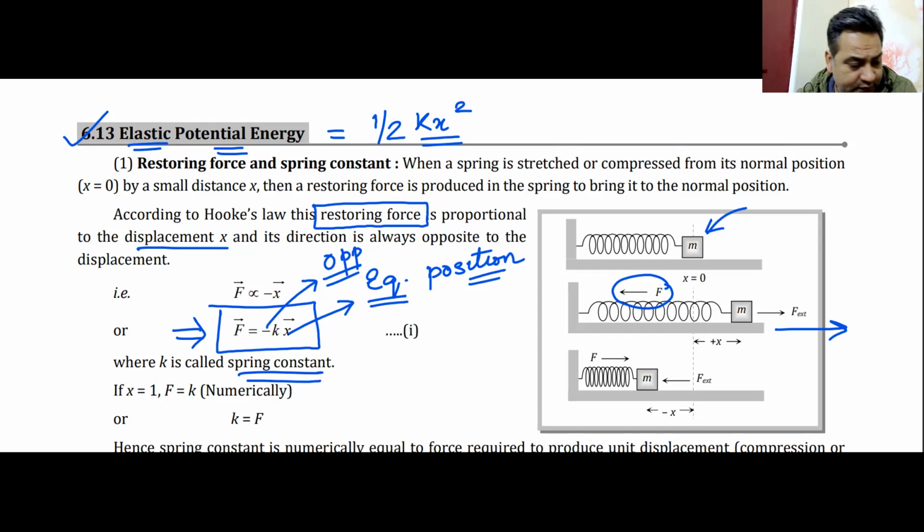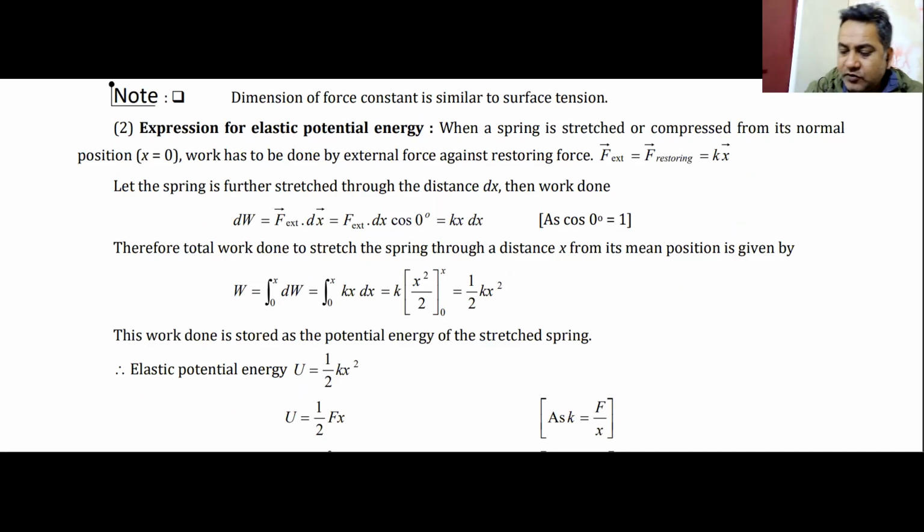Well, I hope you have noted down this small thing about spring. The next thing that we are going to note is the expression for spring potential energy, or potential energy stored in a spring. You can also call it elastic potential energy. We already know the answer is half kx squared. We have also solved questions based on this. Energy in the spring is half kx squared. K is the spring constant and x is the displacement from the mean position.